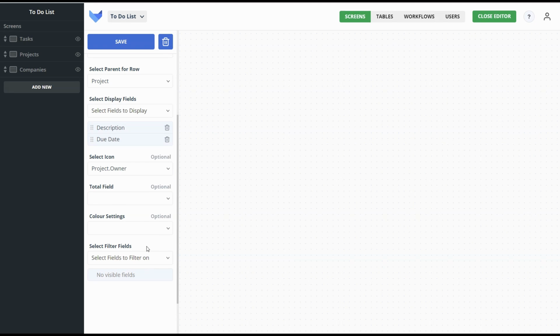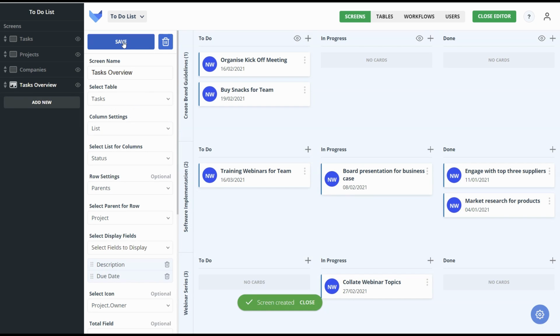The colour settings is optional. You can choose to colour code the cards based on a list field, a user field, something like that. We can leave that be for now. And finally, you can select which fields you'd like to be able to filter the cards on so you can quickly get to what you need. So once I've set up what I need, I can save. This is a nice preview of what the board is going to look like for me. So you can see across the top, I've got all the statuses, and down the side, we have the projects